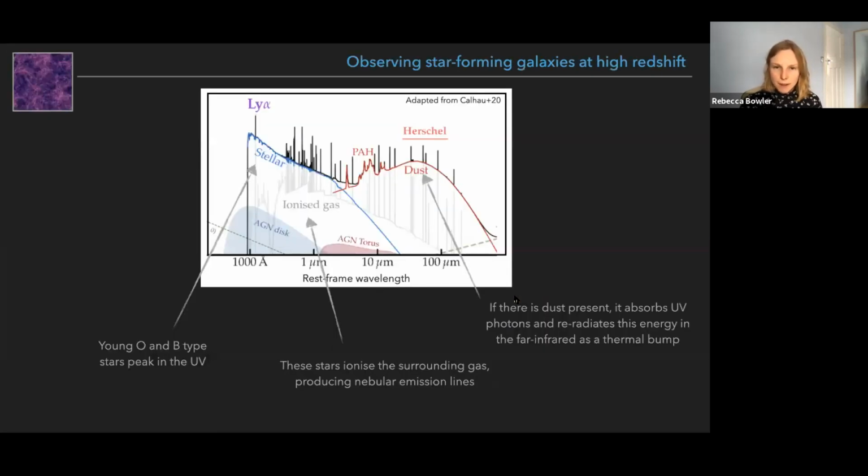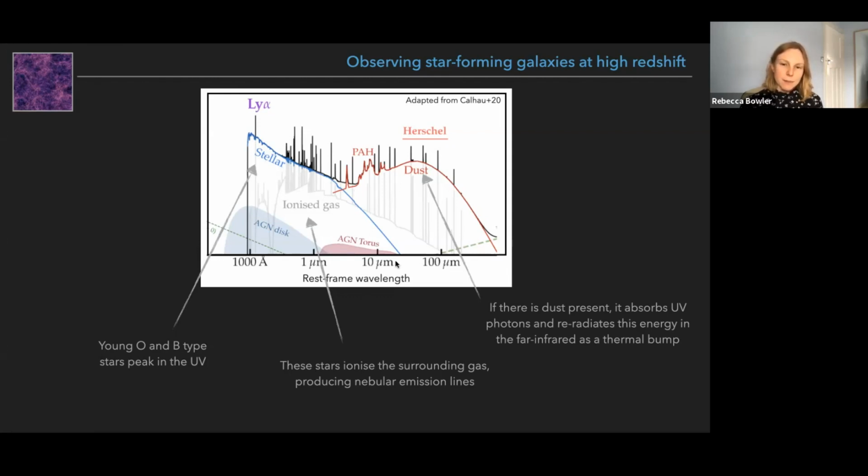So how is it that we can observe these sources, and what exactly are we observing to find these very high redshift sources? So to illustrate this, I'm showing you here a nice kind of cartoon of what the spectrum or the spectral energy distribution of a star-forming galaxy looks like across a wide range of wavelengths. So I don't believe that anyone really has this full data for a single galaxy, but by piecing everything together, we can get an amazing idea of what this should look like across this huge wavelength range.